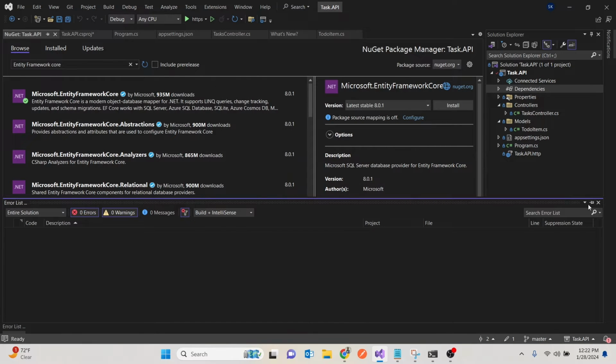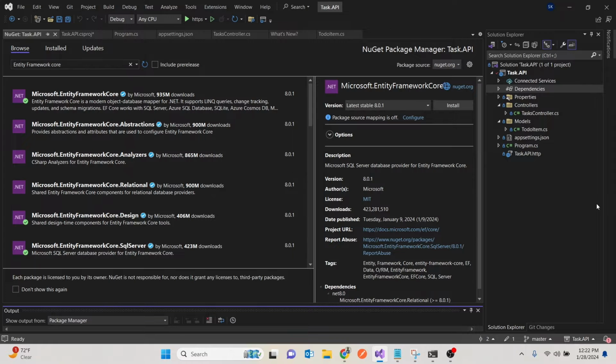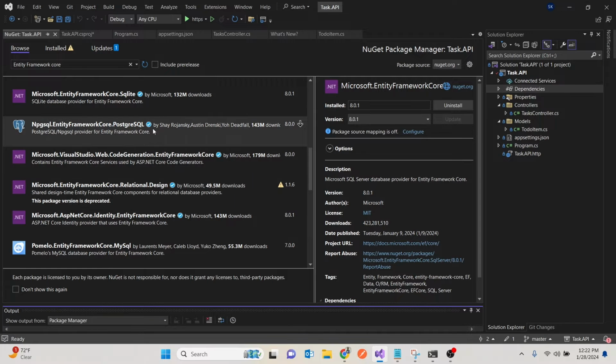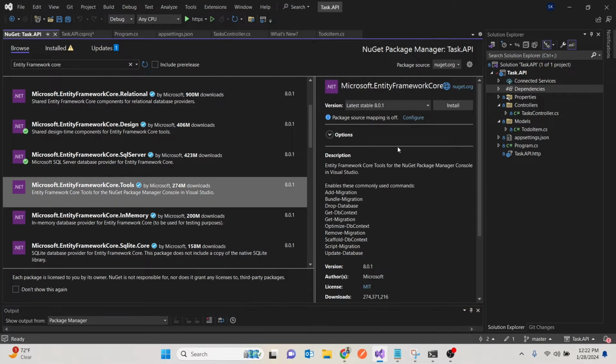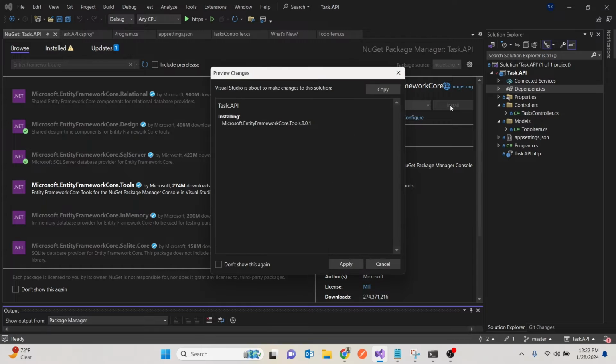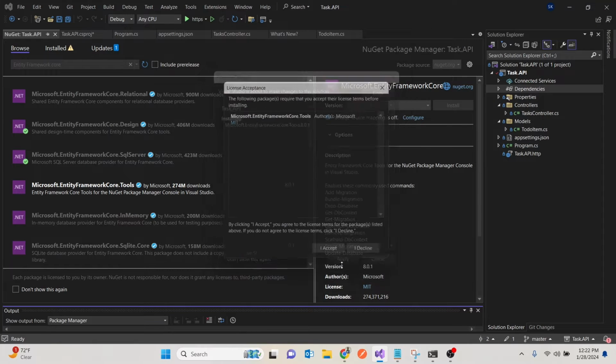Accept that. Then we'll do what we call migration. So migration is just creating a database from your models in your application, and we'll see that. And we'll use tools which will enable us to run those migrations and create our database. So once tools are added,